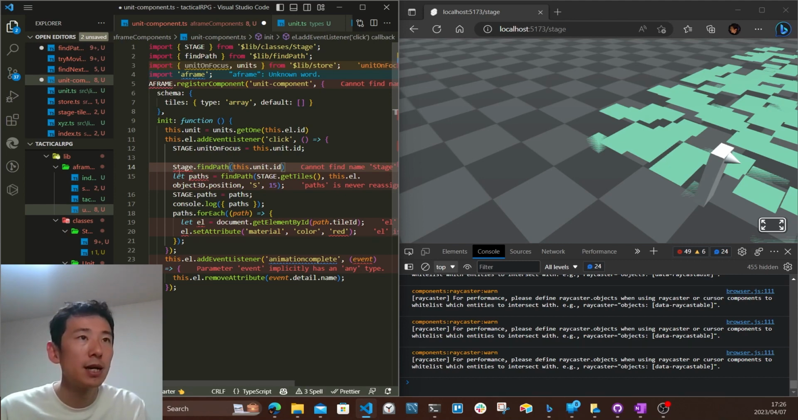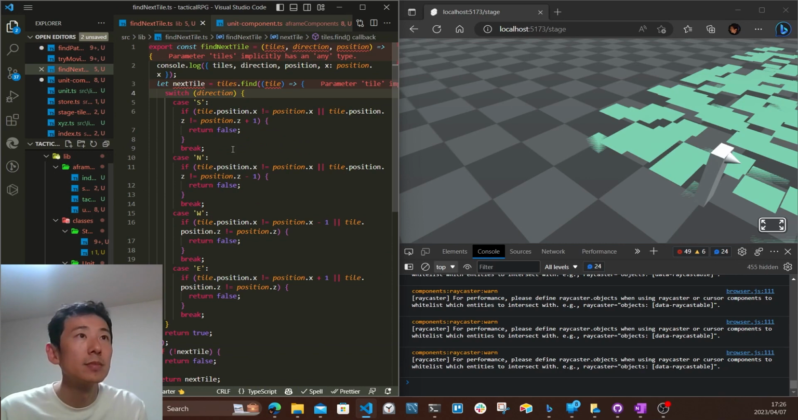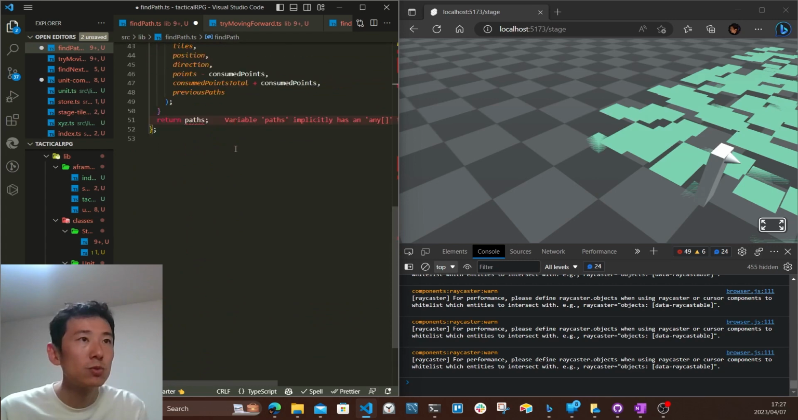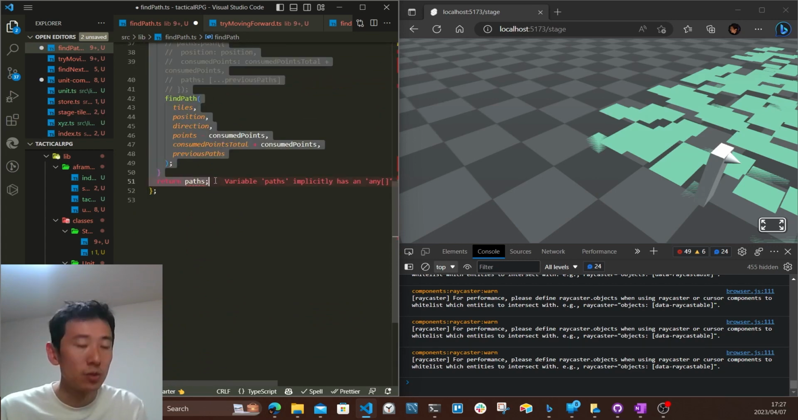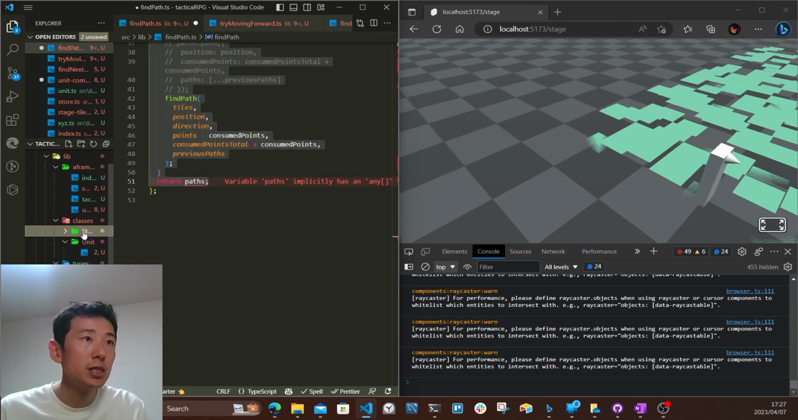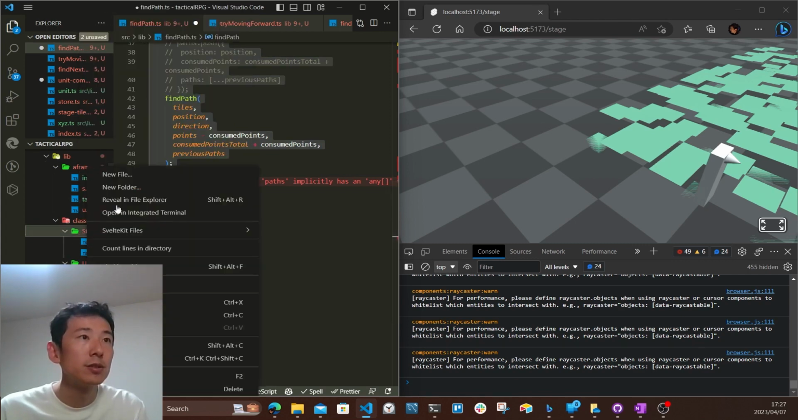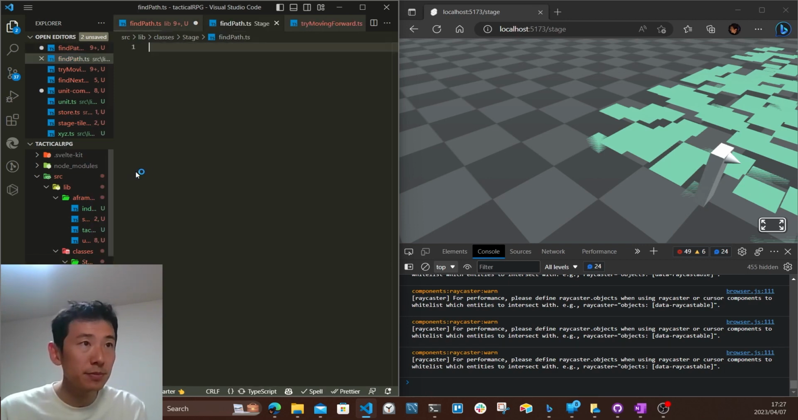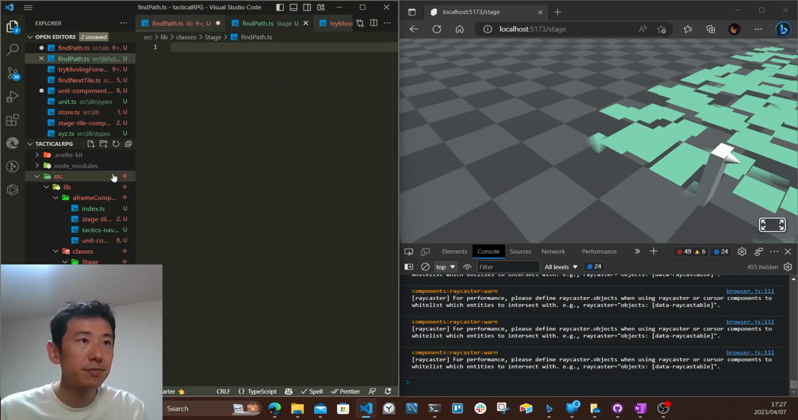Find path for this guy should give him everything. So let's see. Find path is not find path. Yeah. So find path, let's copy this function. Copy and stage. Create a new file, find path.ts. I'm not really liking this. Okay, so